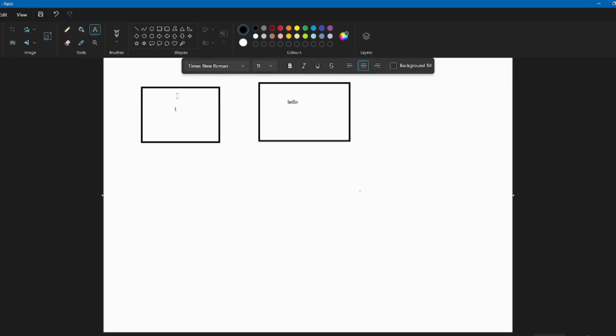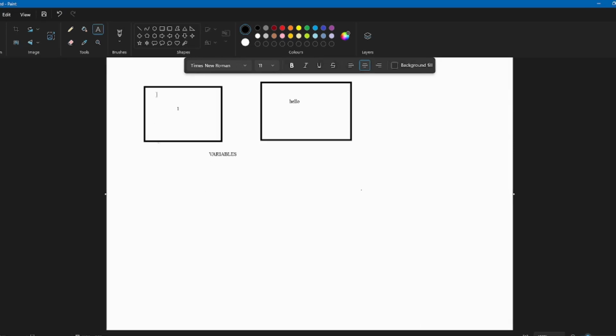They are not the same, but still we use the same box to store them. So these boxes are called variables in Java. Not only in Java, in any other programming language, these boxes are called variables.